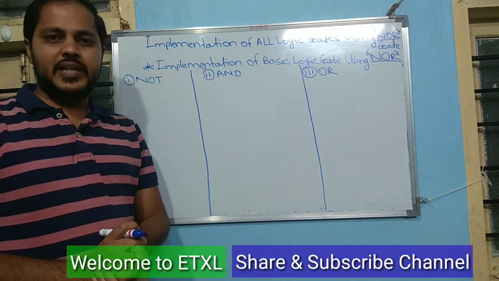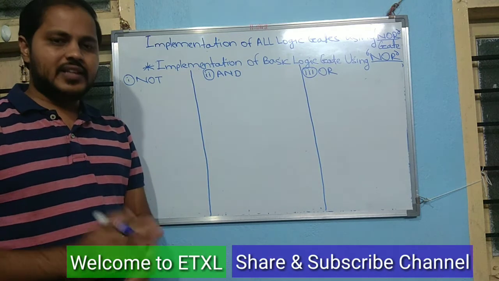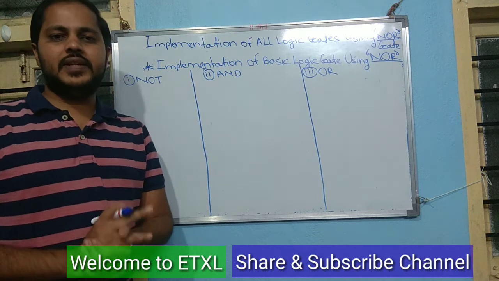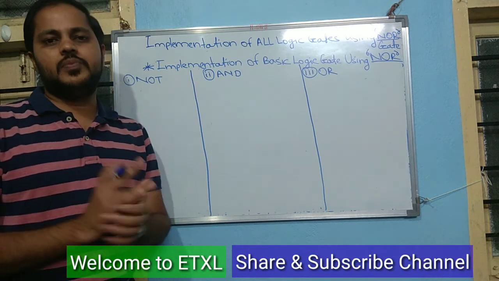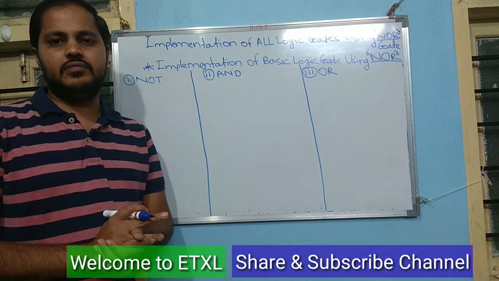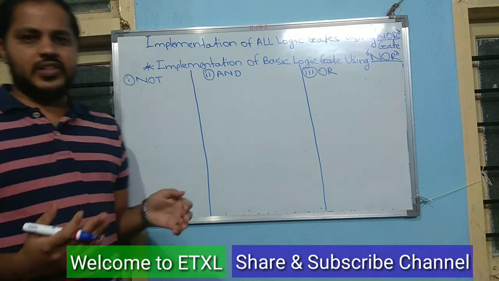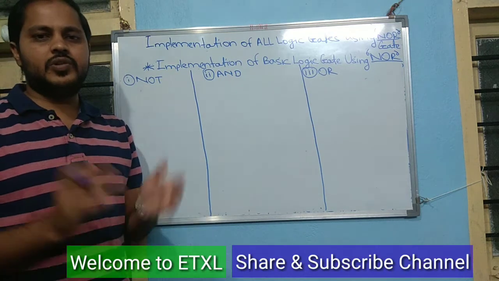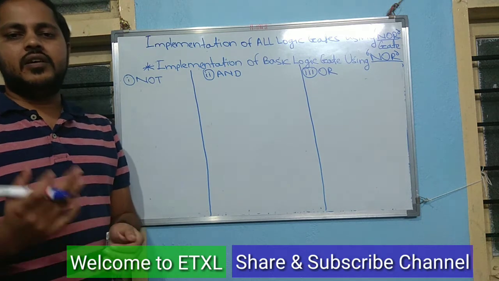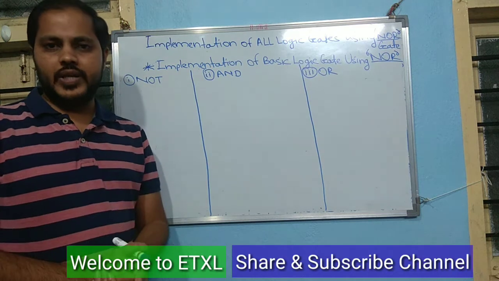Myself Atul Kadam. Today I am teaching you implementations of all logic gates by using the NOR logic gate. Before going to the implementation, I am telling you the procedure of implementations. There are 3 steps in the procedure. First step is to write the logical equation of the given gate. Then convert that logical equation into the NOR form according to the laws of Boolean algebra. And the third step is to design or draw the logical diagram according to that particular equation.